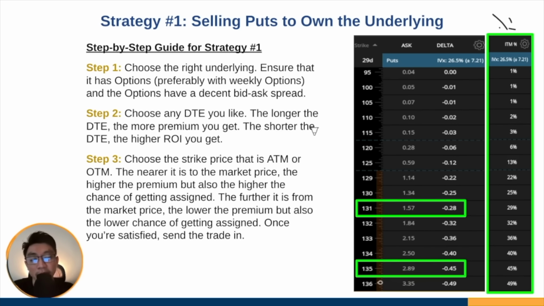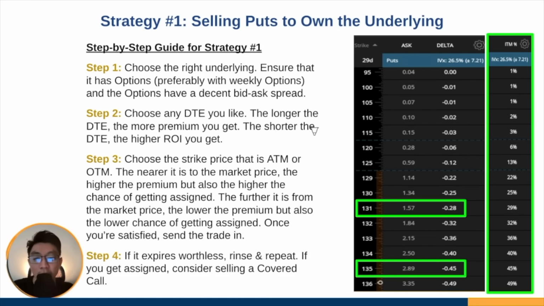It's called ITM percentage. What it just means is the percentage of it being in the money at expiration. So as you can see, the percentage is not too far off, right? If you take a look at the 131 strike, delta is 28. The percentage of it being in the money at expiration, 29%. The 135 strike, same thing. 45 delta, 45% chance of being in the money, right? So you can use this information to pick and choose your strikes and design your strategy